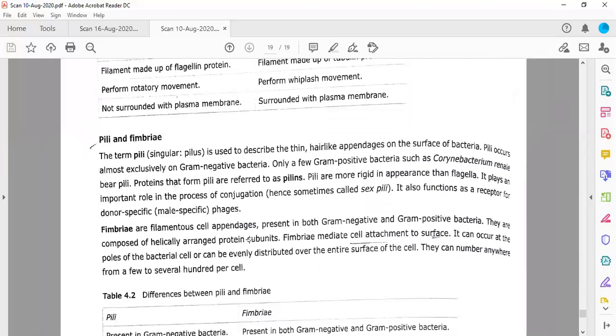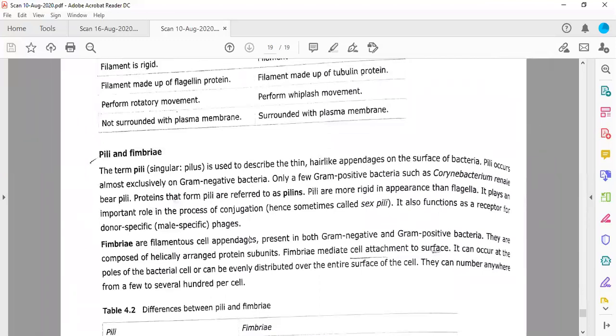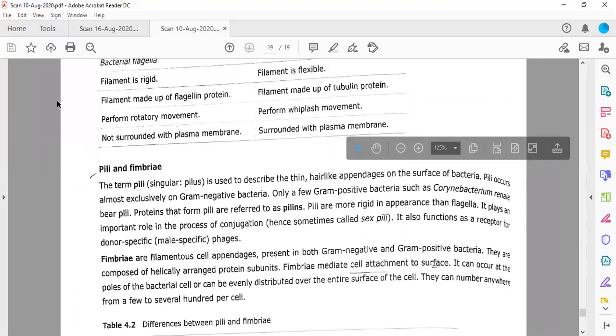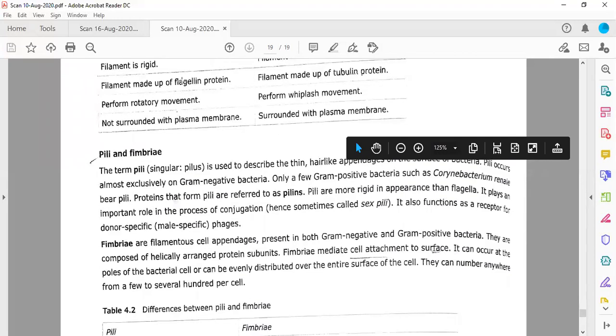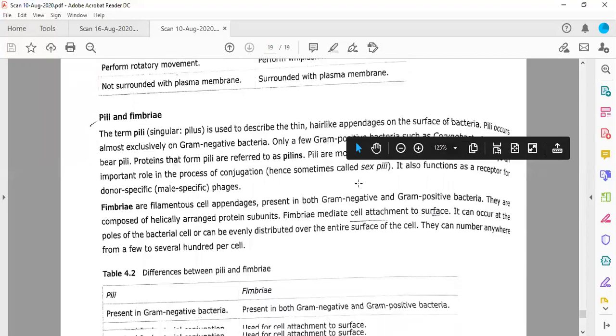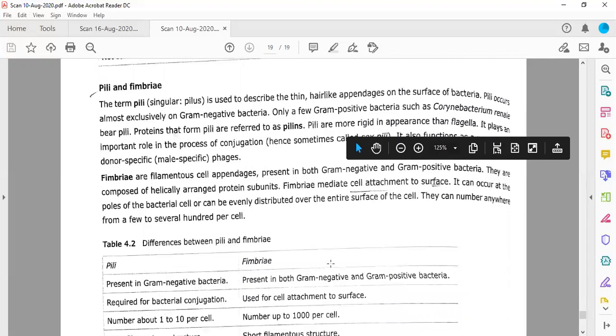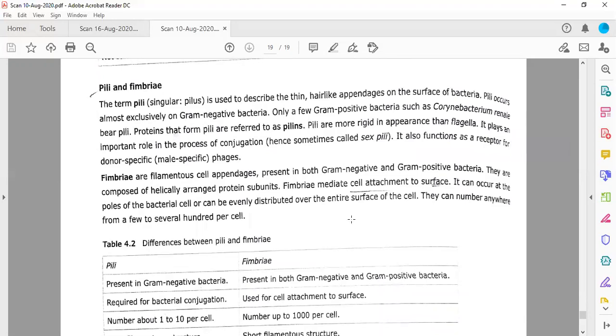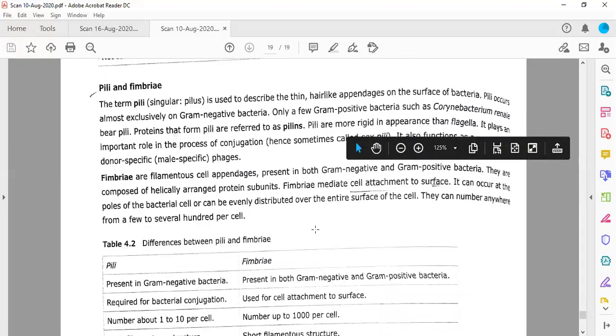This table we have discussed. So the differences between bacterial and eukaryotic flagella are, first of all, in the structure. It is rigid, it is flexible. Because it is flexible, it can show the whiplash-like movement, but the bacterial one has this rotatory motion. Also, their makeup is different. Flagellin proteins in bacteria, whereas here they have tubulin proteins. So this is all that is given in your book about the flagella or the flagellar